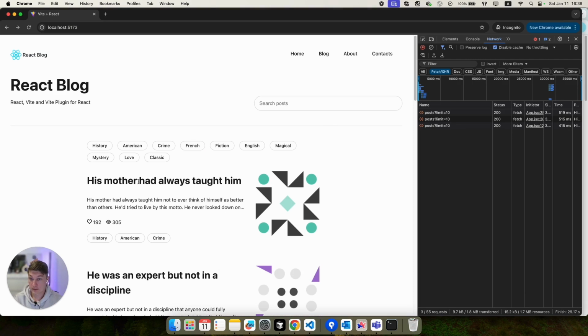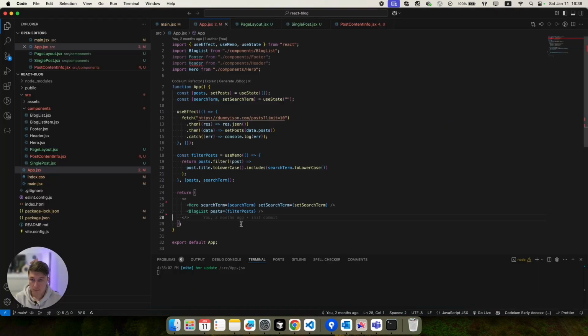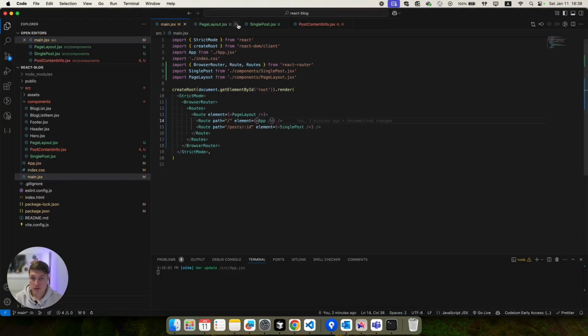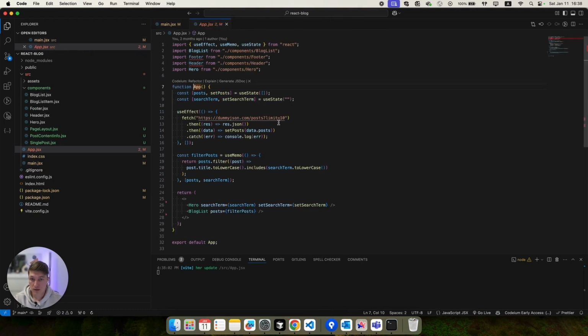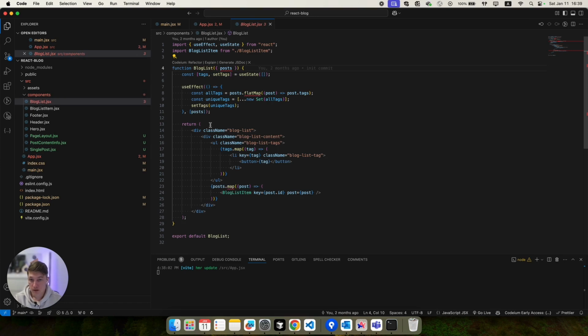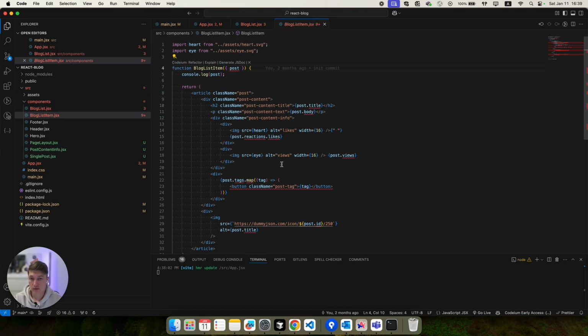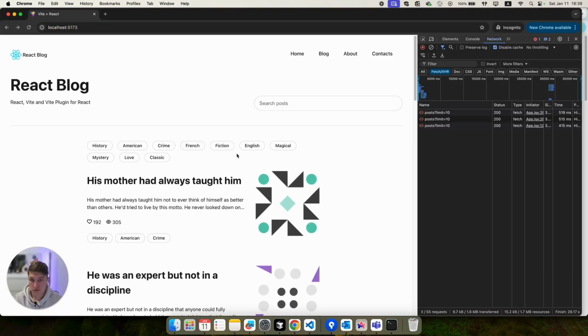Now we need to add links to all of our posts to open our single pages. For that, we go back to, I'll close everything, actually app.js6, and we need the block list. So this is the component that renders, no, we need the item. Yeah, this is the component that renders this piece of UI.